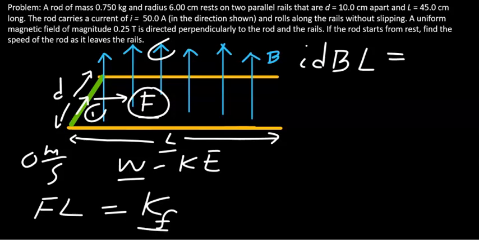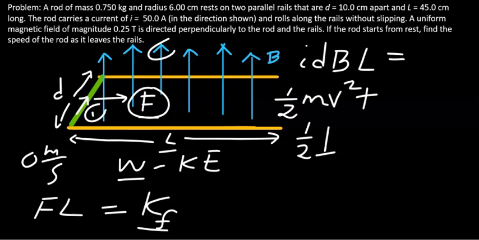The kinetic energy of that rolling rod. The kinetic energy is of two kinds. One is the translational kinetic energy, and that's given by half times the mass of the rod times the linear speed squared. This is the speed that we want to determine, namely the speed of the rod when it is there. We also note the rod is rolling about its center, so there also should be a rotational kinetic energy,